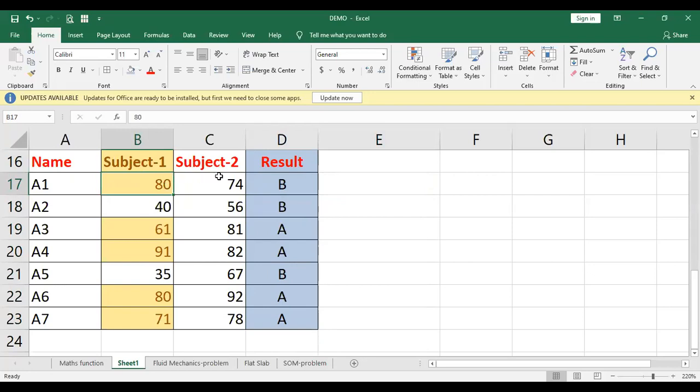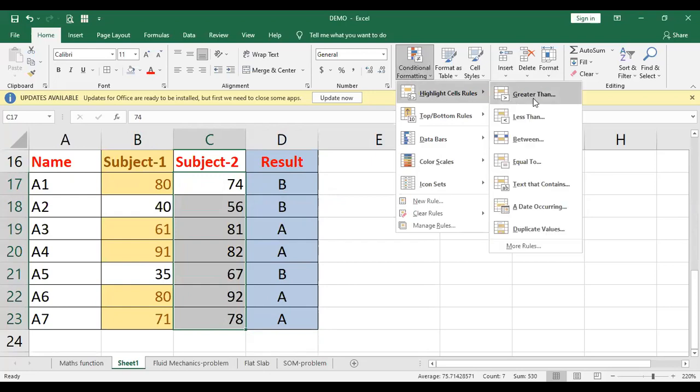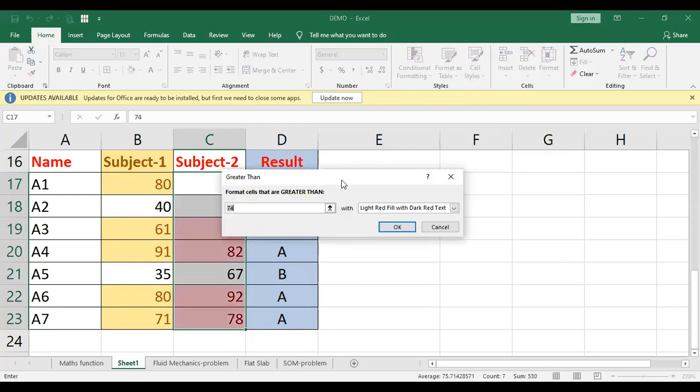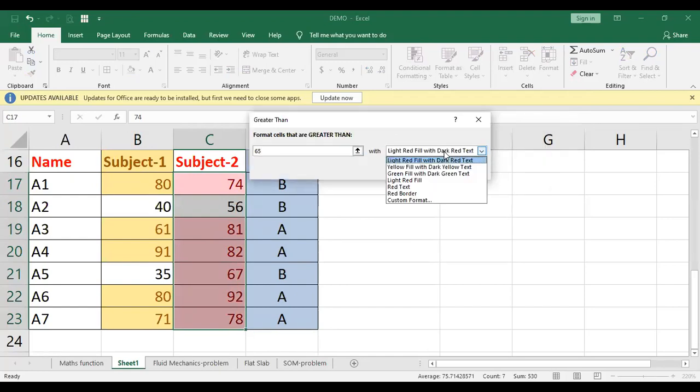So what we have done, if you want to perform the same operation, I'll just select this, go to the conditional formatting, go to highlight cell, and this is greater than. So if I just type here greater than, let us say 65, and change the color of it.